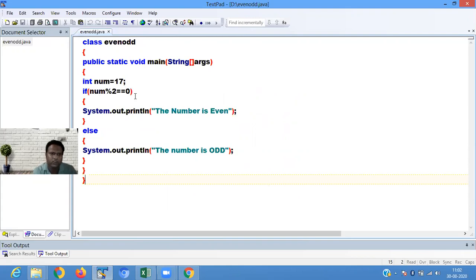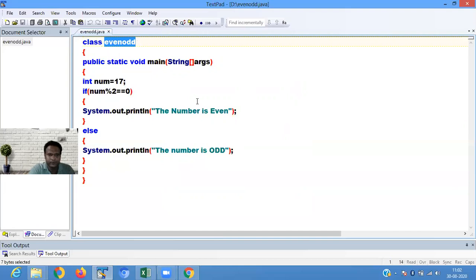So 17 is not divisible by 2. When the remainder is not 0, it shows the number is odd. Our condition 17 modulo 2 equals 0 is false, so it goes to the else block. In the else block, it shows your number is odd.